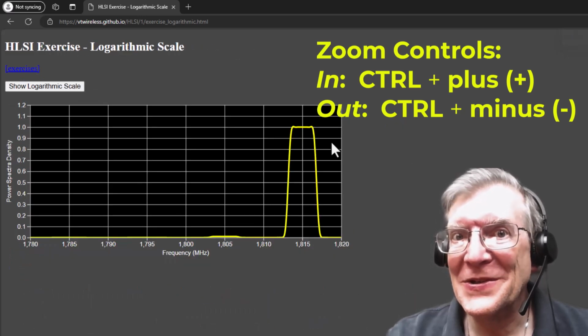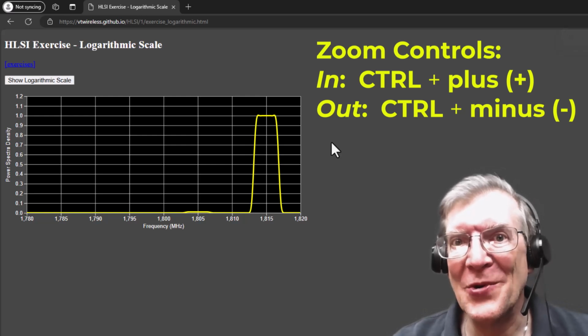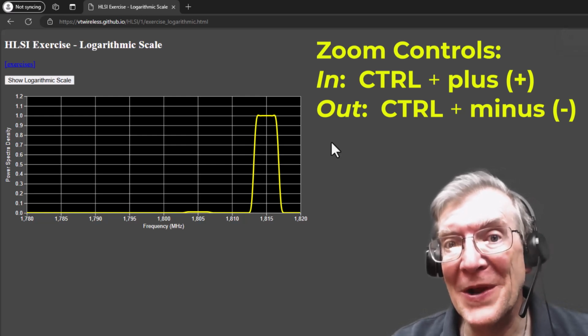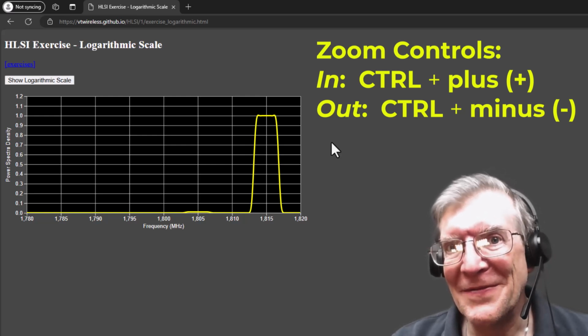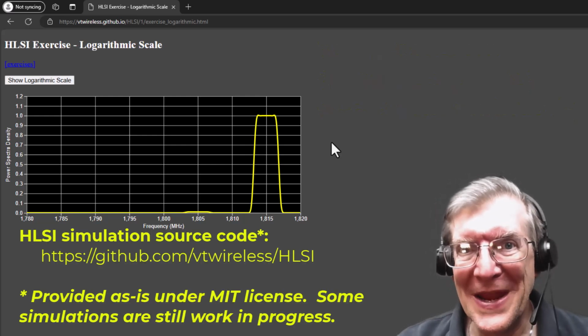And in some of the simulations, that's more important because some of them have many more controls or more graphs, and you may want to ensure that multiple graphs and controls appear on the screen at once, or that they're large enough to read. As you see, both the source code and the web pages for the simulations are available